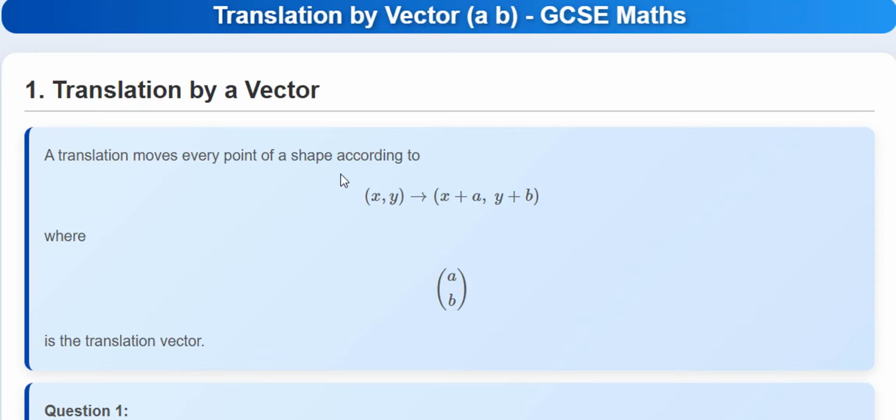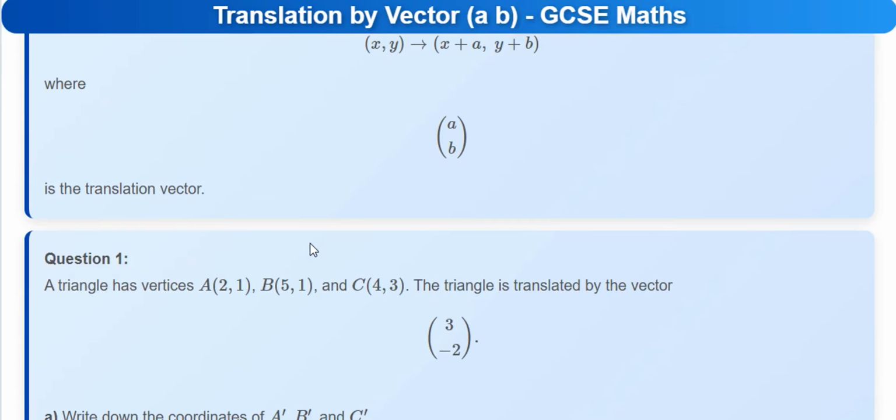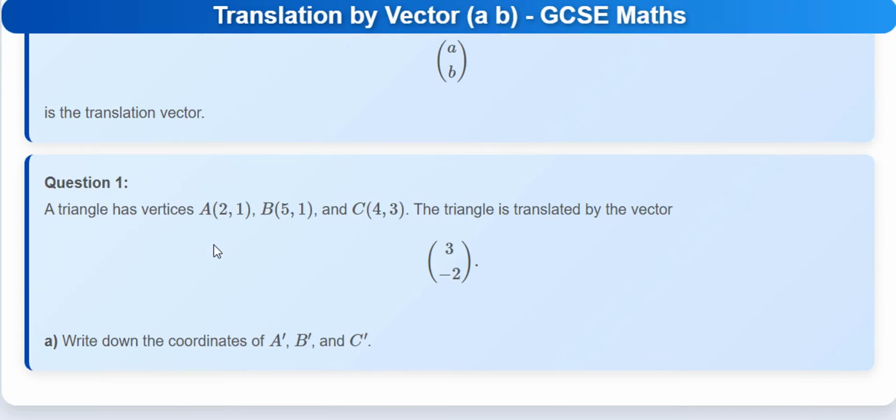Hello, in this lesson, we will learn how to use the translation vector to translate figures in the Cartesian plane. For better understanding, we will use an example to apply the logic of this formula. So, let's say you are given a triangle which has vertices A (2, 1), then B (5, 1), and then